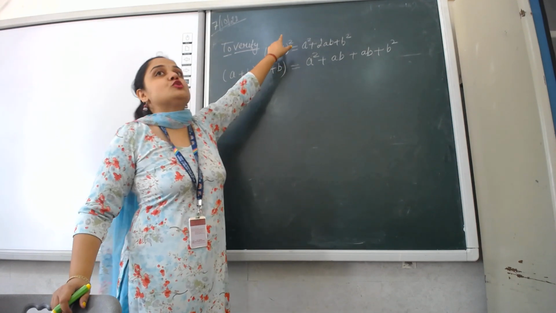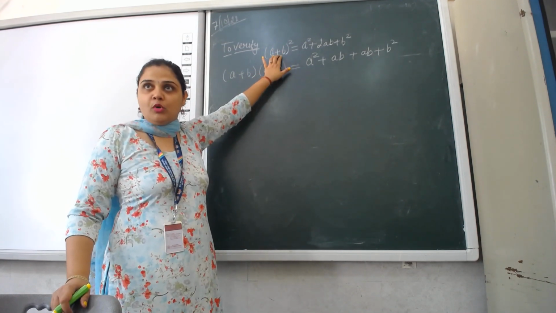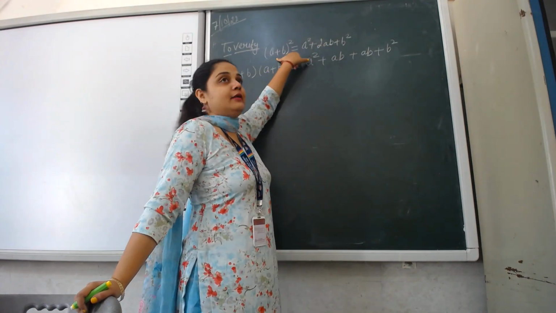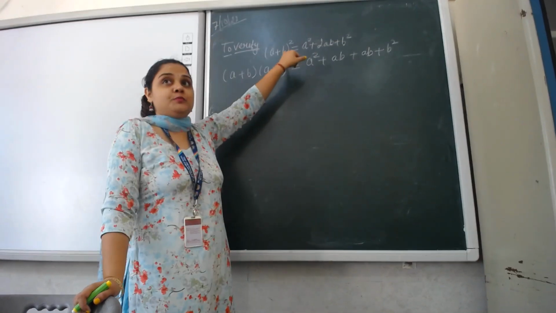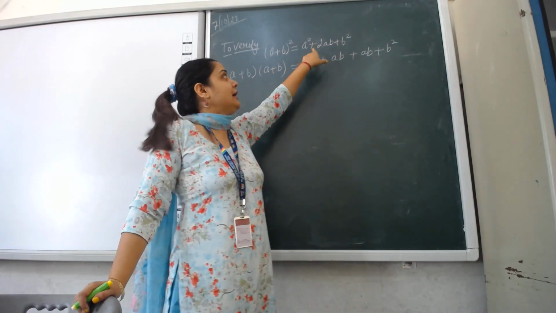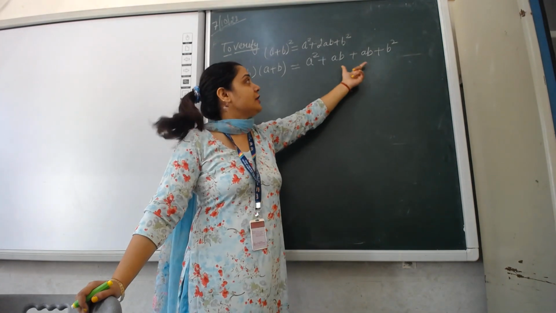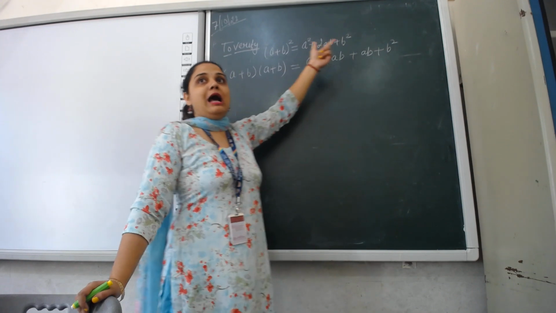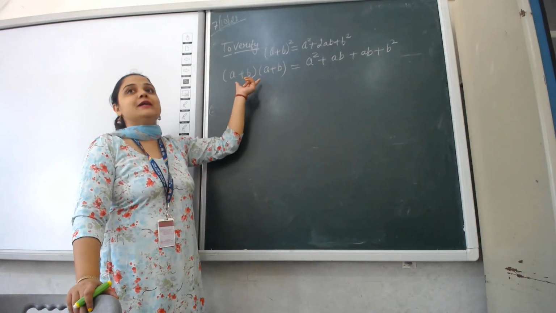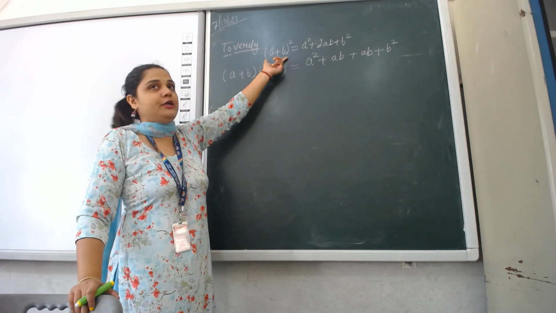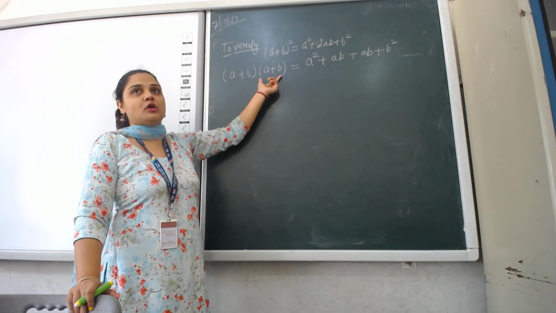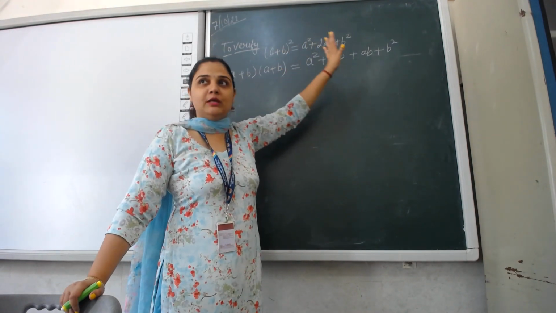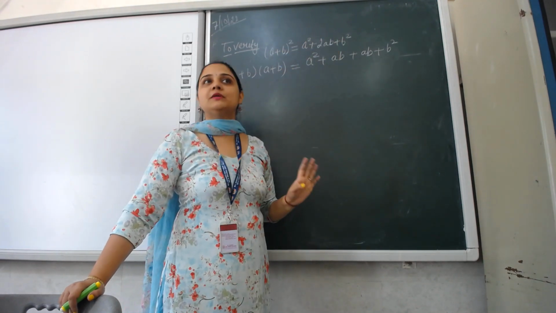Here (a + b)², this is in the exponent form. Alright, this is in the product form. We have multiplied this (a + b) into (a + b) by the distributive property, so we are getting this expression first. After combining these two, we are getting a² + 2ab + b². And this form is called the product form. Okay, this is the exponent form, and this is the factor form. This is factor form, this is product form, and this is exponent form of the same thing. So all four expressions are representing the same thing.